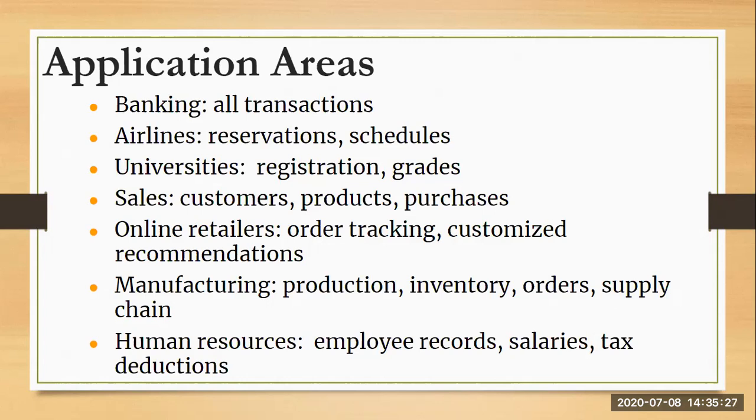Last is human resources. When we talk about human resources, it refers to all the employee records, all the information related to the employee, that is employee ID, employee name, designation, the company wherein he works, salary, tax deduction, and so on. All the information related to the employees is maintained by the HR department of every organization, and this information is readily available to us with the help of databases. So this is your application areas. We can say that the application areas of databases have almost touched all the aspects of your life.